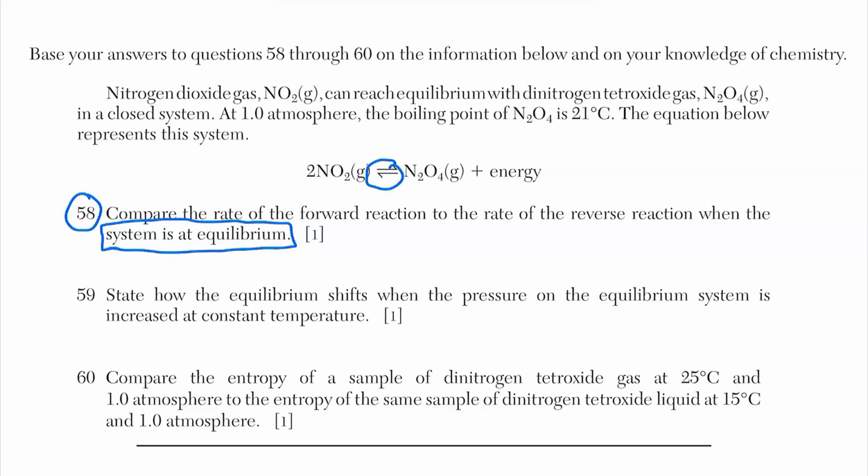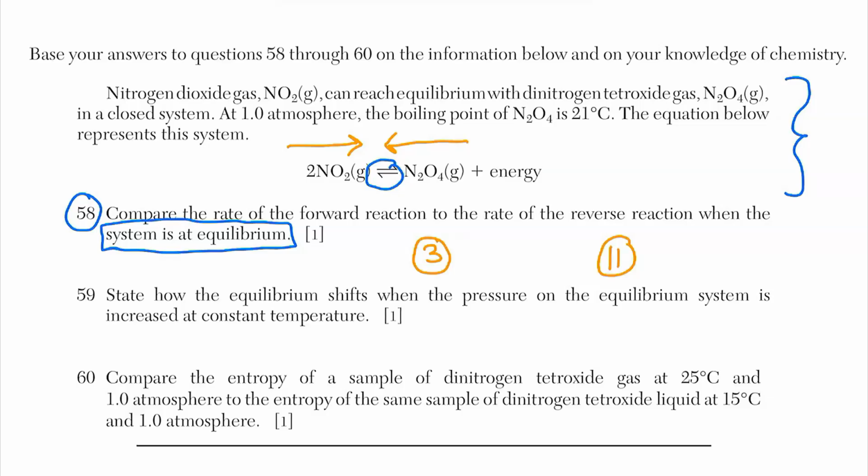I could care less about the blurb. It's got nothing to do with that equation other than it's an example of a reaction at equilibrium, which means the forward rate or speed is as fast as the reverse rate. That's what equilibrium is. The best example I can teach you is if I have a line with 3 people on one side of the room, and a line with 11 people on the other side of the room, and I ask the people on each line to switch places 1 person at a time per minute,